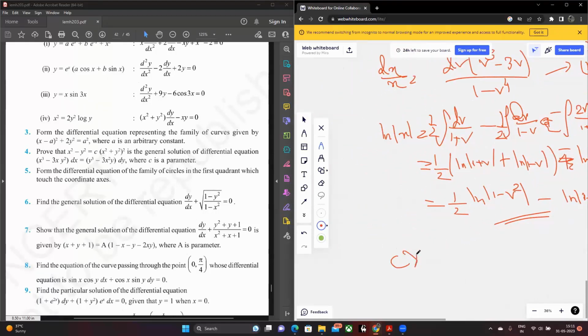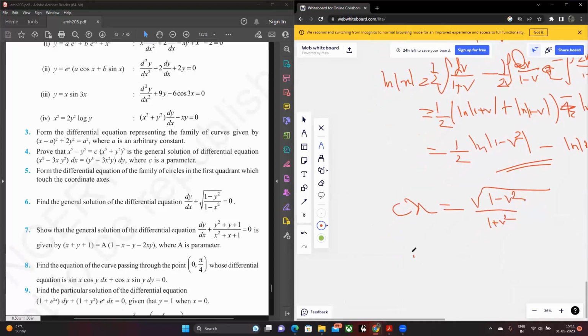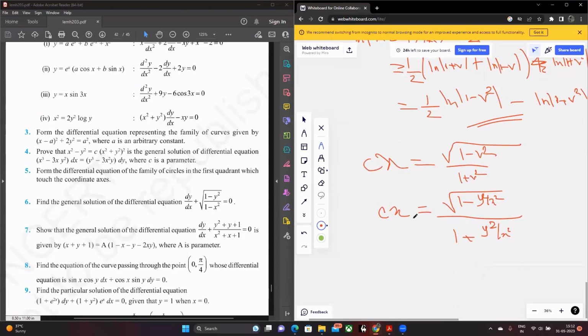Therefore, you basically have the equation cx equals root over 1 minus v squared by 1 plus v squared, or you basically have that cx is equal to square root of 1 minus y squared by x squared divided by 1 plus y squared by x squared, right? Multiplying the whole thing,